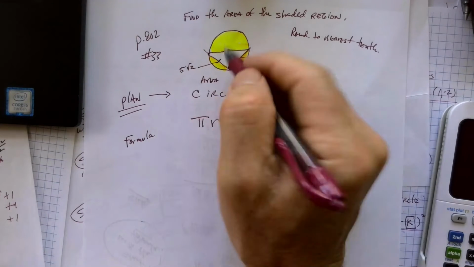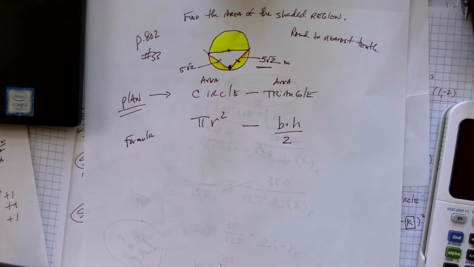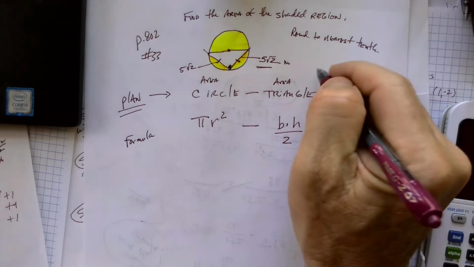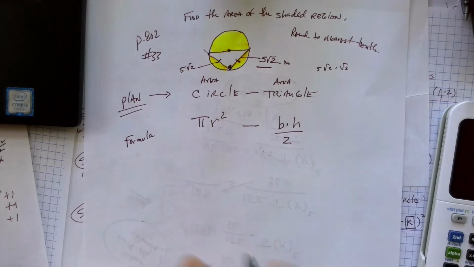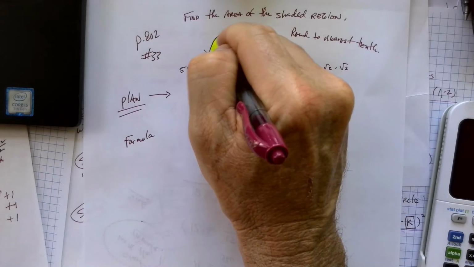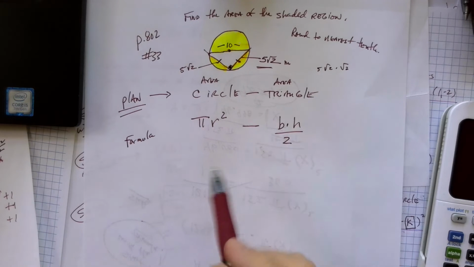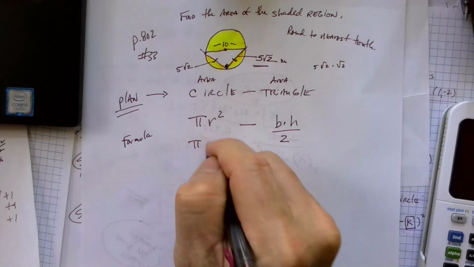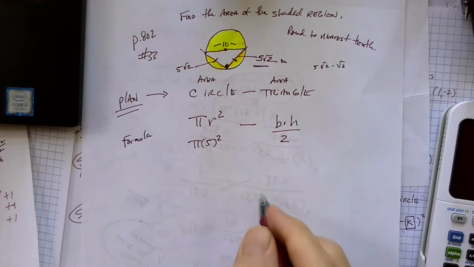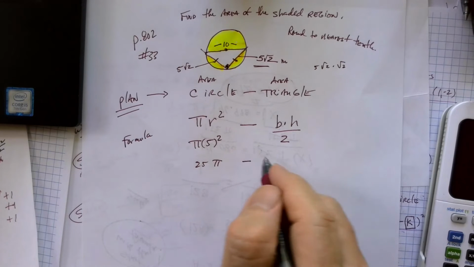And then how do you go from leg to hypotenuse in the 45, 45, 90? You multiply by √2. So what's 5√2 times √2? It's 5 times 2, which is 10. And that's how you figured that diameter out. Which means now that I know that the radius would be 5. It's half of that. So it's pi times 5 squared, or 25 pi, minus,